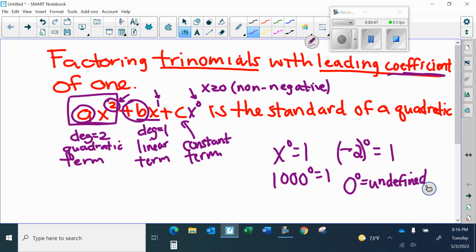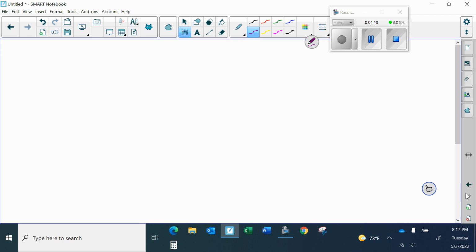Coefficients are only numbers. Write it down. Only numbers. So a coefficient would be one number. Coefficients would be plural, but they're only numbers. You cannot have an x with it ever for a coefficient. Those are the name of terms. Standard form means highest degree down. In this case, 2, 1, 0. Okay. So now,